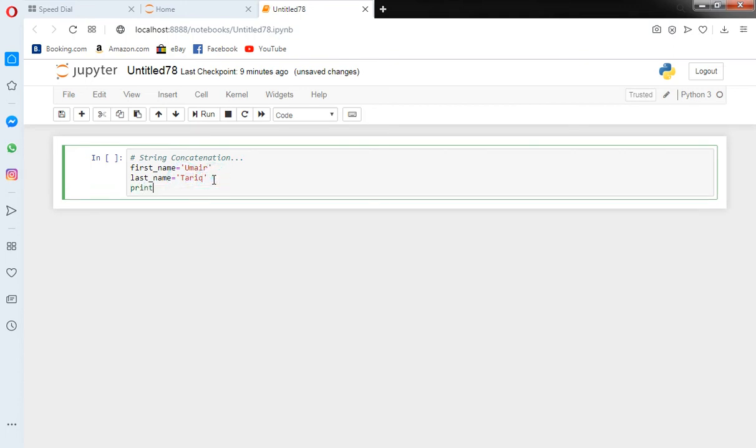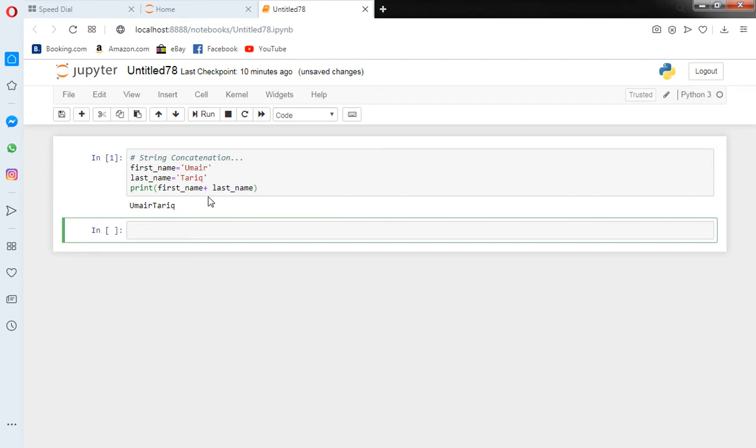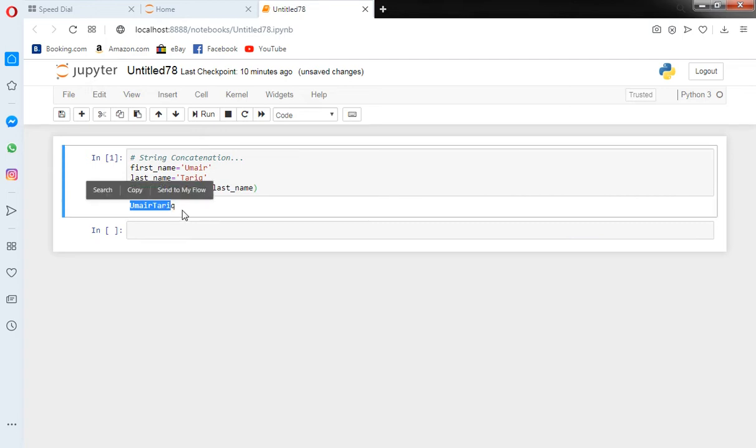By using a simple print function, first name plus last name. There should be some gap. If I run it, you can see here that these two strings are concatenated. It means these two strings can be added to each other.